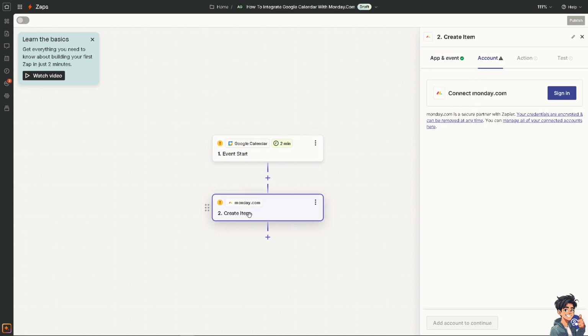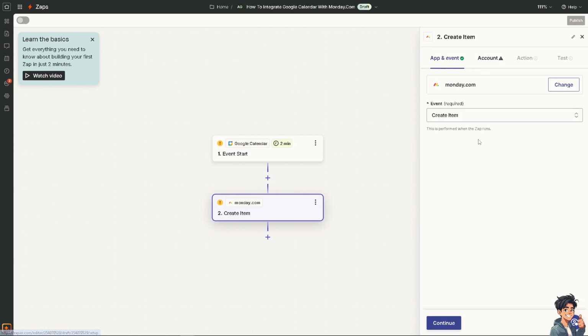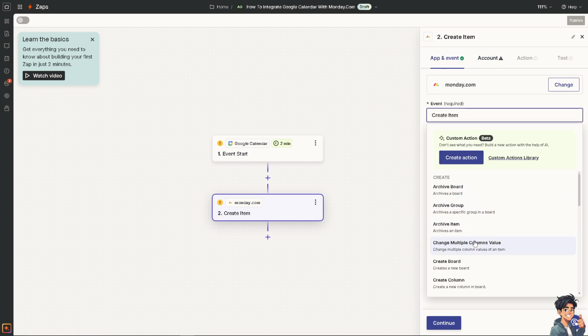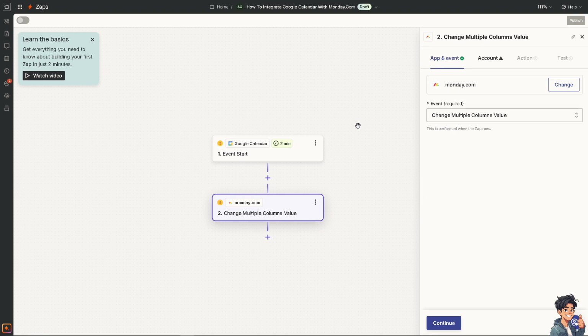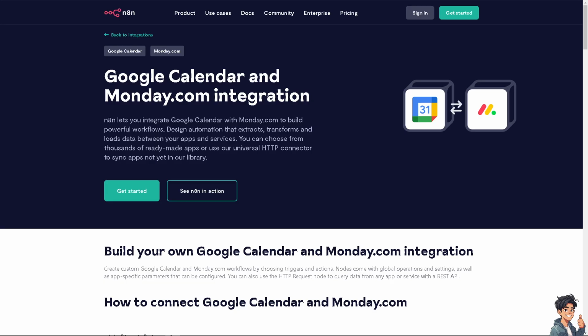You might want to change the event as well, so it creates, or it changes multiple column values of an item. Okay. Once you've done that, all you're going to do is click on continue, authenticate these apps, and let Zapier do the work for you. Okay, so here's another thing in my mind. You can use